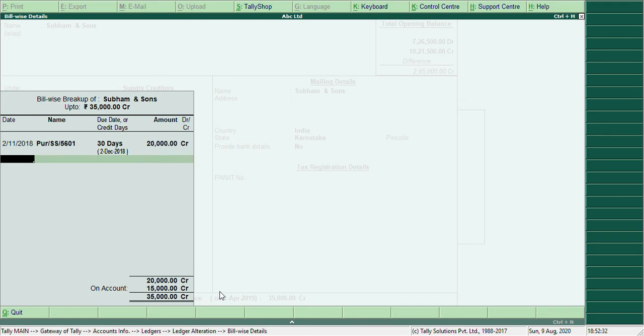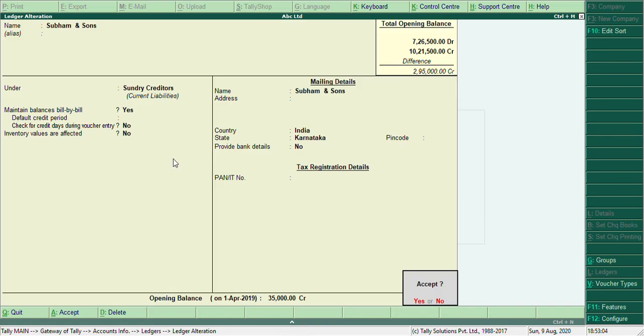Next bill is for 1st December 2018, 20 days allowed. So the bill-wise details of Shubham and Sons, 35,000, have been shown here. Accept.